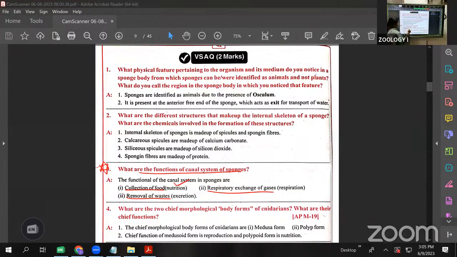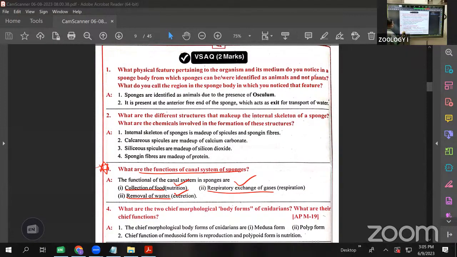Then the removal of waste, the excretion purpose, and the respiratory exchange of gases, which means respiration. The canal system is mainly participating in nutrition, excretion, as well as respiration. This is present inside the sponges. Sponges have a particular system that we call the canal system. Clear? Next